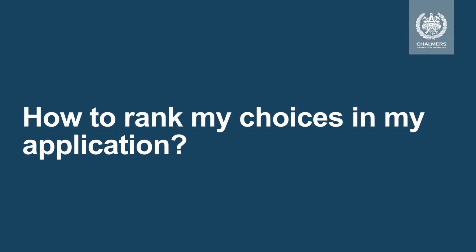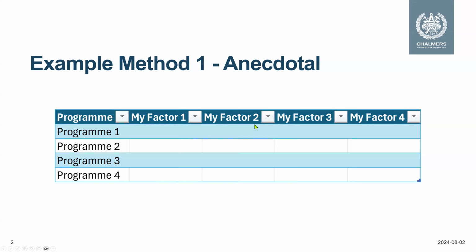There are, as I said, 4 example methods that we have in this presentation. Let's take a look at example method 1. Example method 1 is an anecdotal method. And an anecdotal method is basically one where you are collecting anecdotal evidence for why a program is a certain way, gives you a certain feeling. You may have several factors that you are interested in. These factors may be about cost or location or about career opportunities or lab facilities or whatever else. You've got a number of different factors when you are considering studying abroad and studying a particular program at the